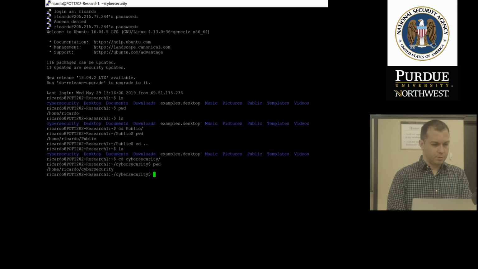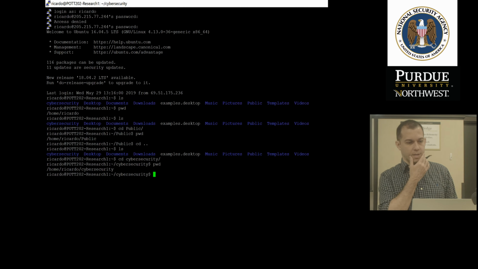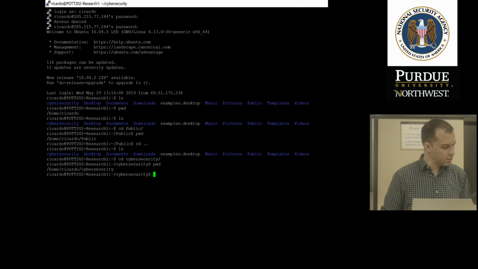If I do pwd, that's basically where I'm going to put my files. However, you can put your files wherever you want. You can put them on the desktop somewhere, etc. For this example, I'm just going to use this. So what we need to do is copy the files from a public folder that we have established. That public folder is located at